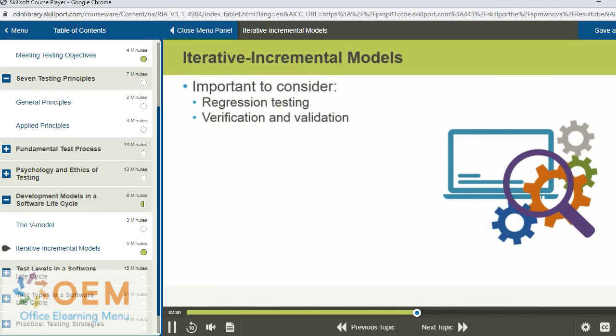These test levels are important considerations to iterative development models. Regression testing, which tests unchanged parts of the software product to make sure that changes made to other parts of the product don't create unwanted defects in the unchanged parts. Verification testing makes sure that the software products are being developed in